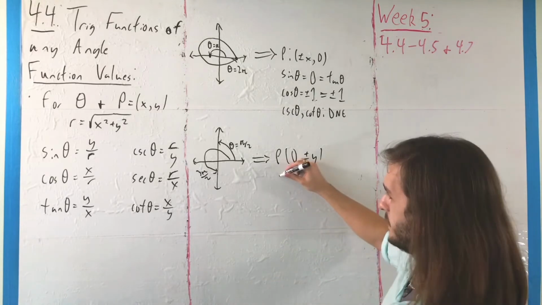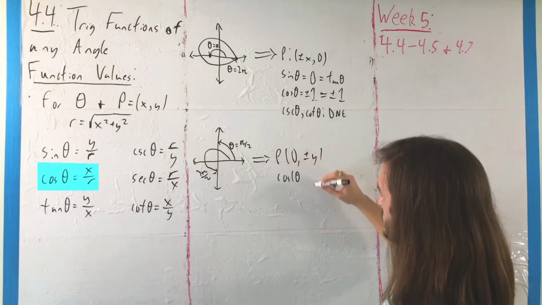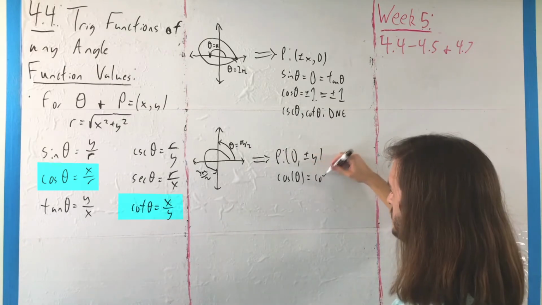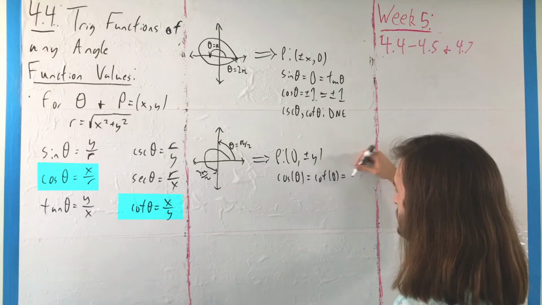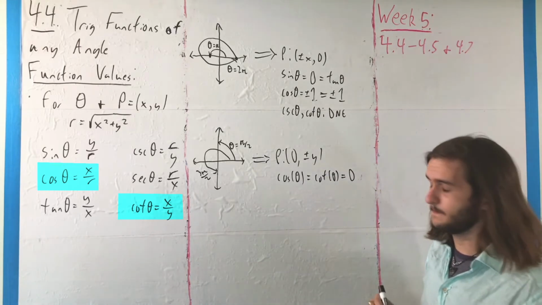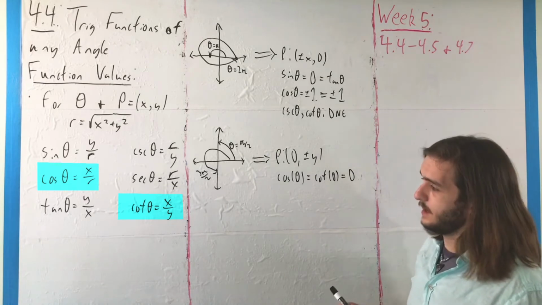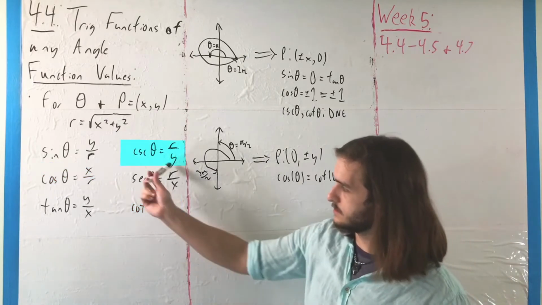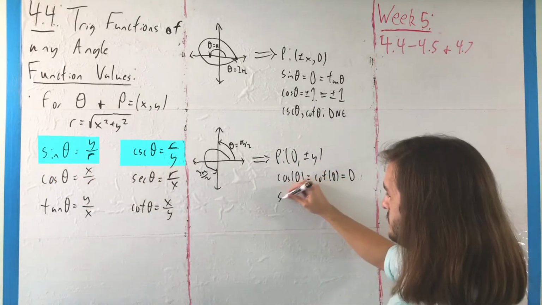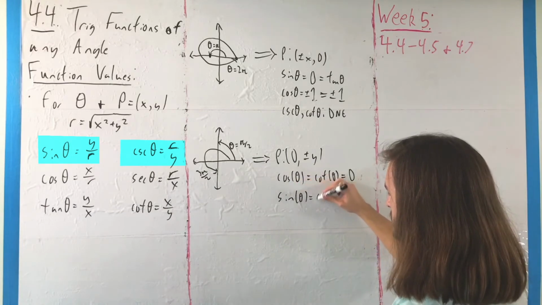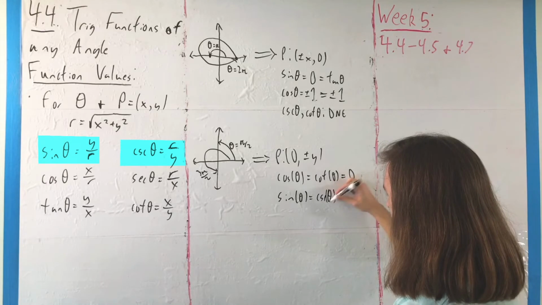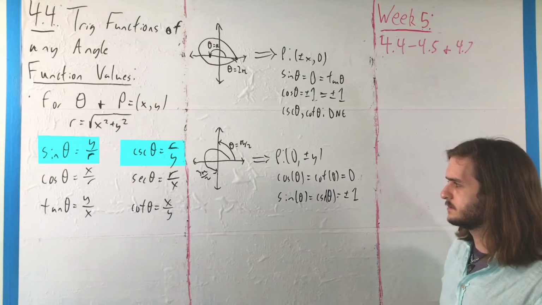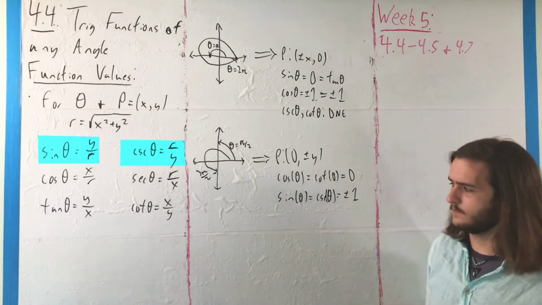So that means we will have that cosine as well as cotangent, in this case, are both going to be 0, while terms that are defined around y's and r's, that is sine and cosecant, will both have form plus or minus 1. I don't know why I'm throwing these parentheses in there for this one, but not that one. It doesn't actually make a difference. But anyway,